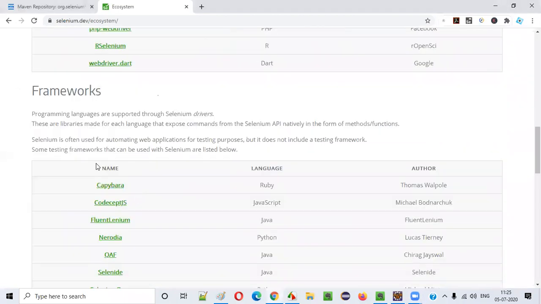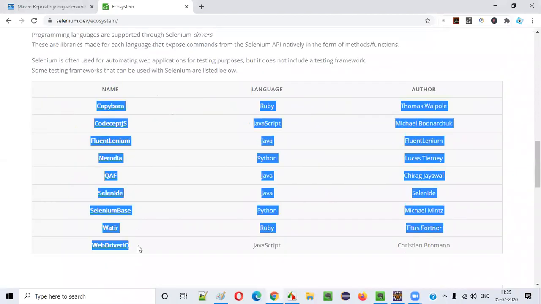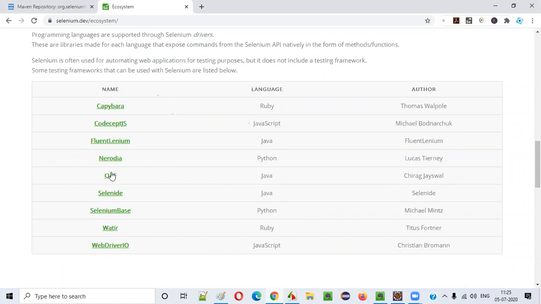So language bindings are there, and frameworks are there. You see a lot of frameworks which are actually dependent on Selenium, like WebDriverIO. You know, right? WebDriverIO is a JavaScript-based framework on top of Selenium. If Selenium develops something, WebDriverIO automatically becomes better. These guys are already taking Selenium as a base. These are different automation tools, but they take Selenium as the base. Internally they are using Selenium only. The engine is Selenium, the model is different.